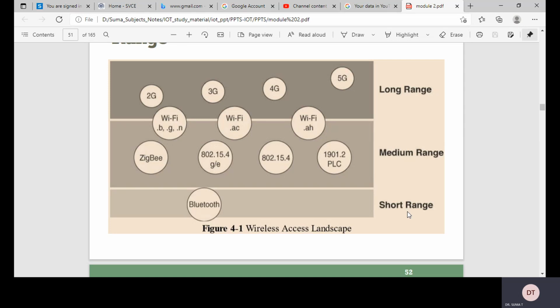applicable specifications. If you take medium range wireless technologies, they include these 802 series, and wired technologies such as IEEE 802.3 Ethernet and IEEE 1901.2 narrowband powerline communication, PLC, may also be classified under the medium range depending on their physical media. The characteristics of all the medium range protocols just mentioned are covered in the